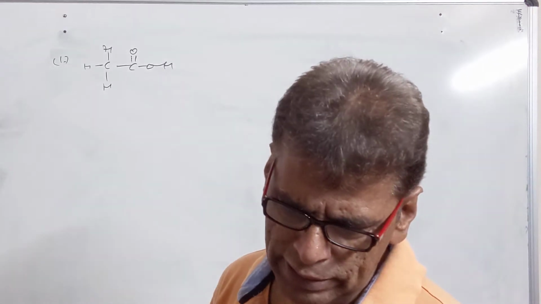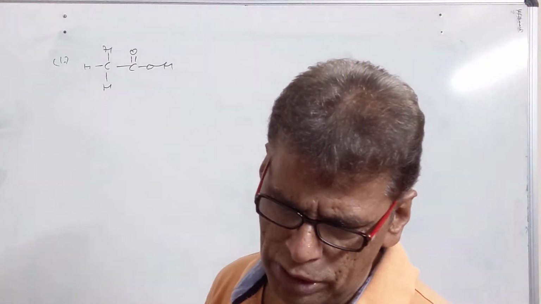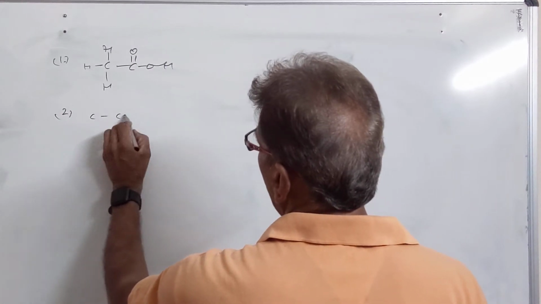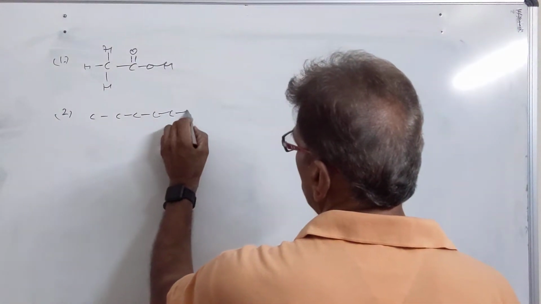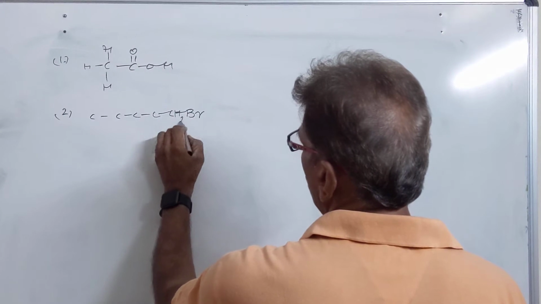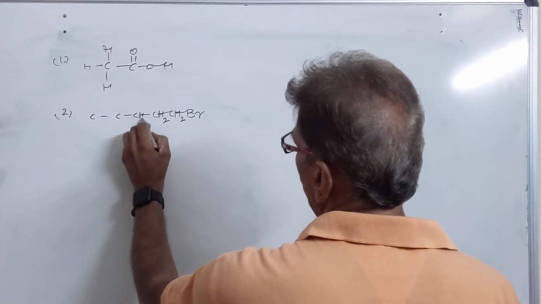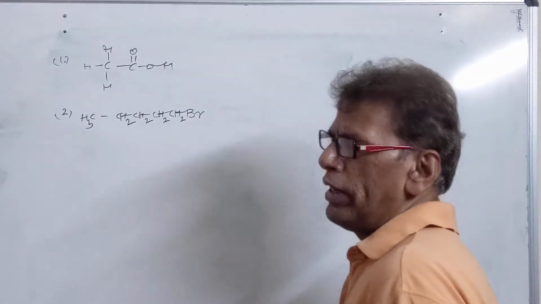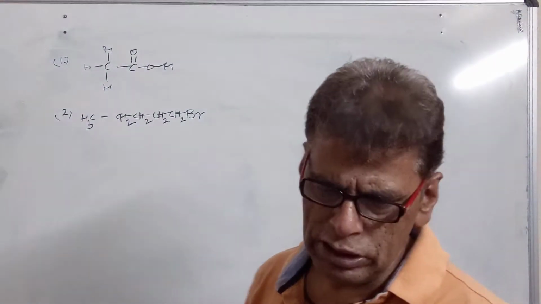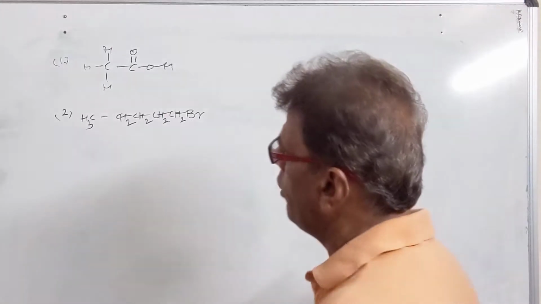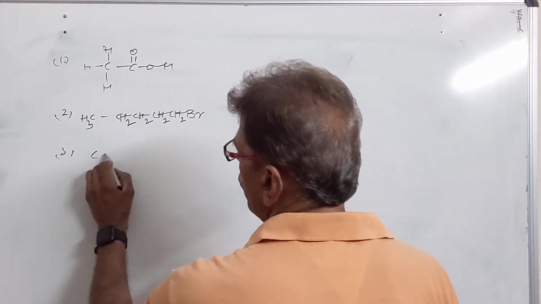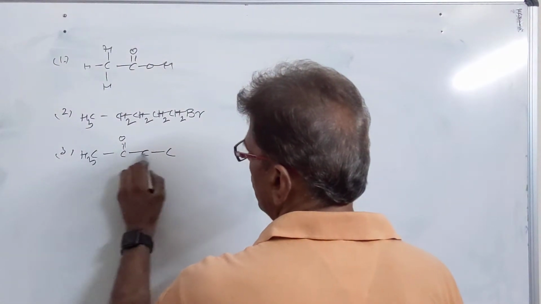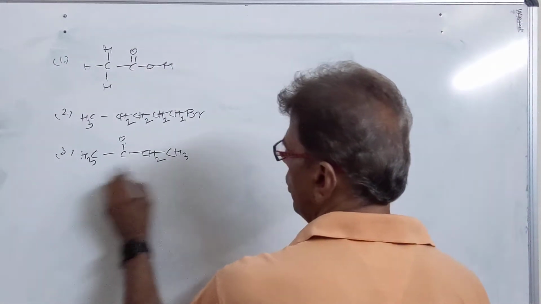Then we have the next: draw the structure of bromopentane. For bromopentane, a 5 carbon chain is made and carbon number 1 is given bromo. The valency of each carbon is made 4 by giving the required number of hydrogens to each carbon. This is bromopentane. Then we have butanone. Butanone is a 4 carbon compound, where carbon 2 is changed into a ketonic group. So this is the structure of butanone.